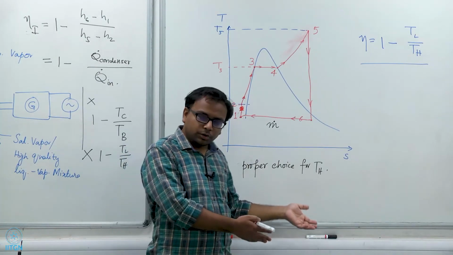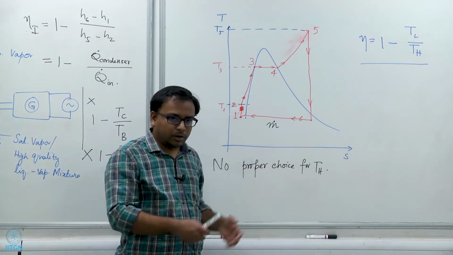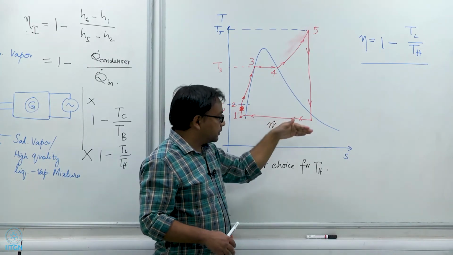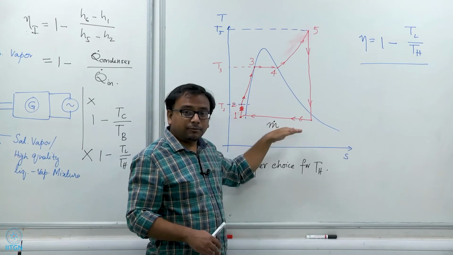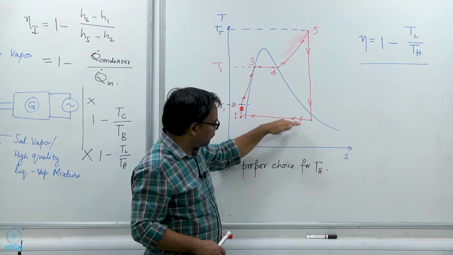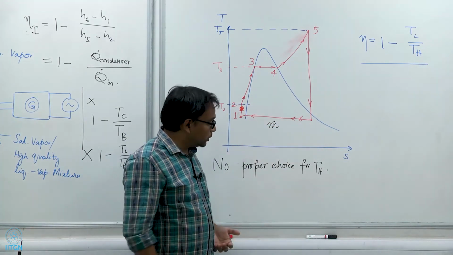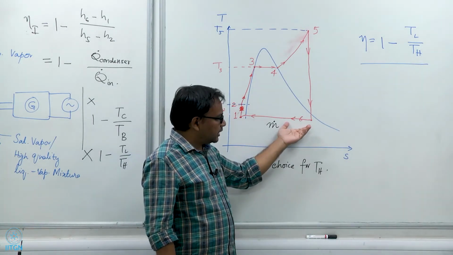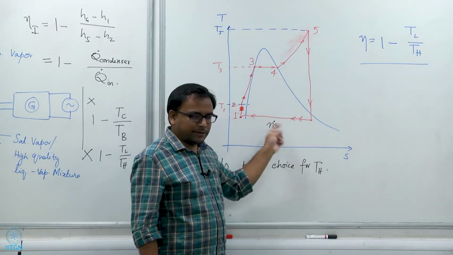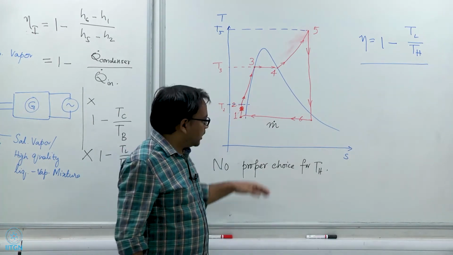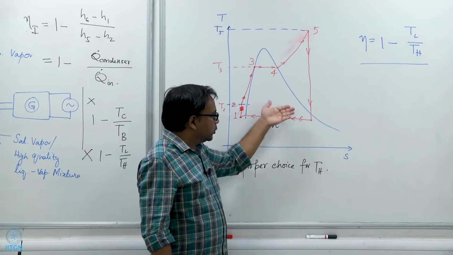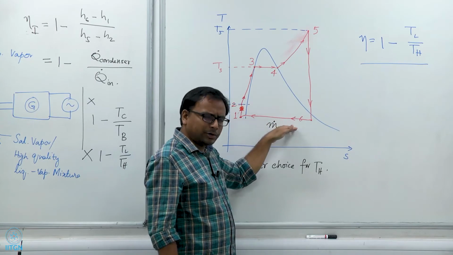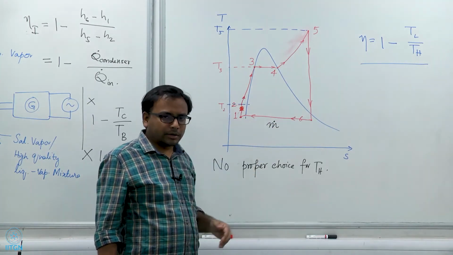If you are rejecting heat to a river, to a body of water, the temperature of your low temperature reservoir might be somewhat lower. So, then you might be able to go somewhat lower if you are rejecting heat to a river or a big body of water. If you are rejecting heat to the surroundings, this is more or less fixed by the surrounding temperature. As I said, you can use things like a cooling tower to get slightly below that, but it is not much below that you can get.